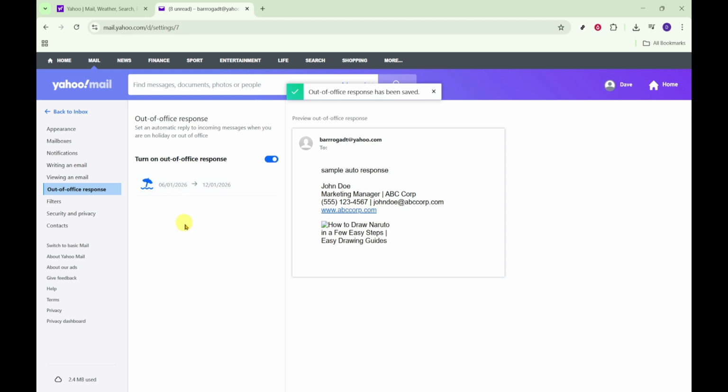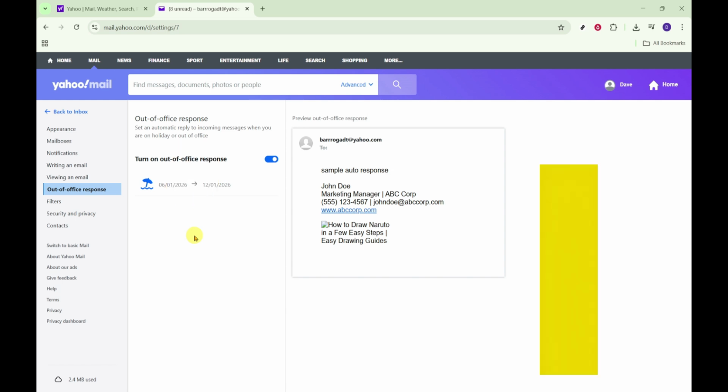From this point on, Yahoo will send your message automatically during the dates you selected. Typically, each sender receives your auto reply once per day, which helps prevent inbox flooding on their side. Remember that attachments aren't included in auto replies, so keep the message text only and informative. That's it, your Yahoo Mail auto reply is now set up. If you need to make changes, return to Settings,